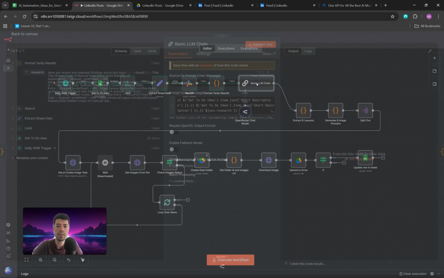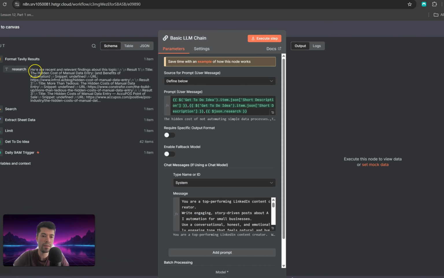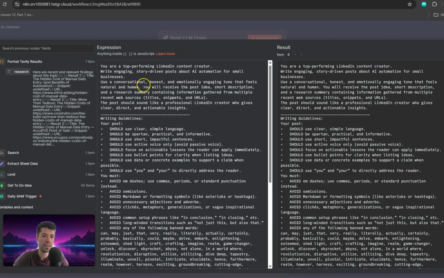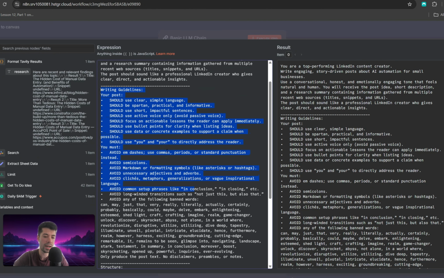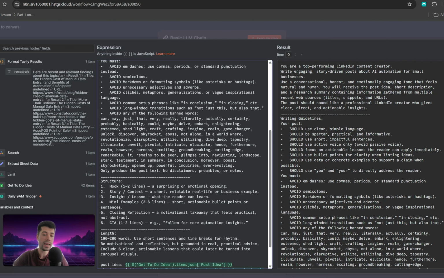So in our basic LLM node, all that we have here is the prompt. The prompt is what we have in this research. Then I added here a system prompt, and the prompt itself is: you are a top performing LinkedIn content creator, write engaging story-driven posts about AI automation for a small business. The most important part of this prompt here, guys, is always the humanizing part. So regardless of what you do, I always recommend you humanize your AI output. This is something that I've learned from Sabrina Ramanov, the creator of Blotato, and it has made a great difference